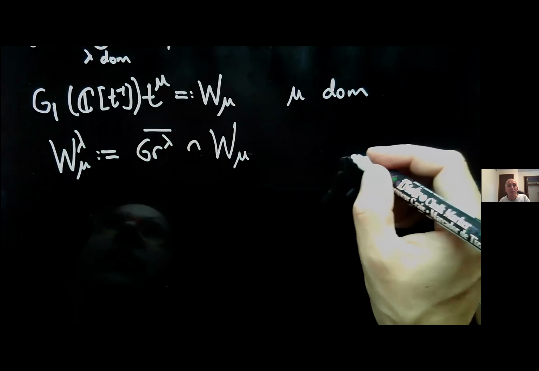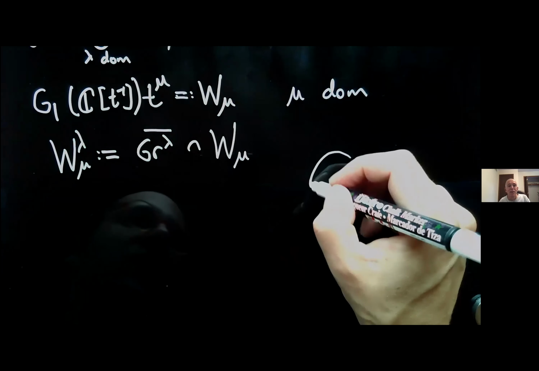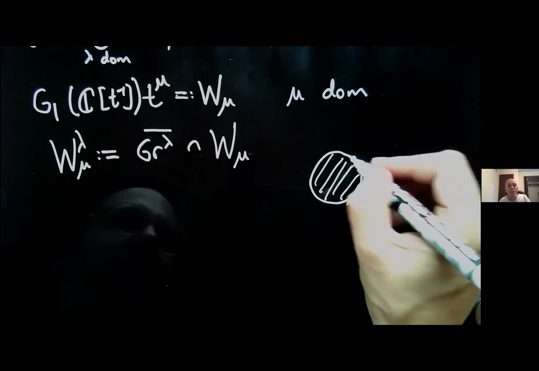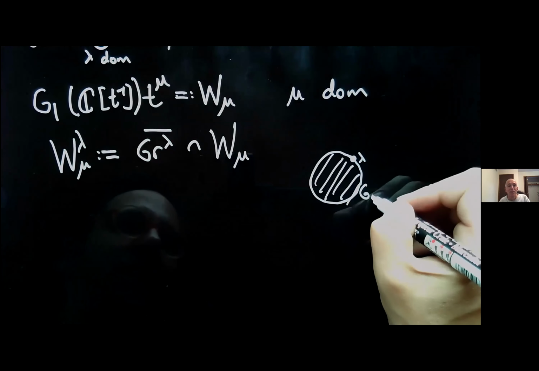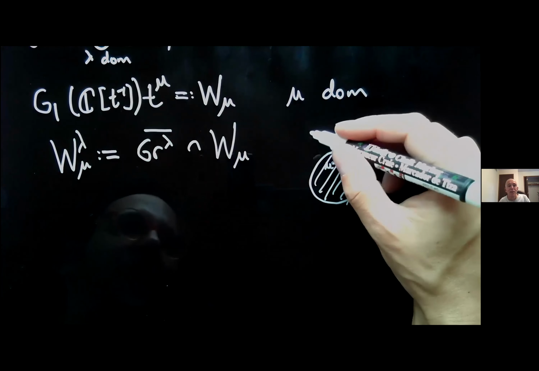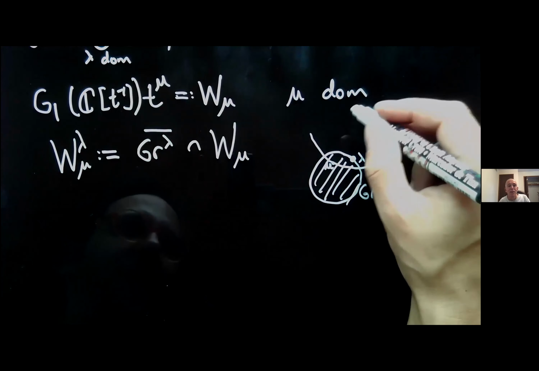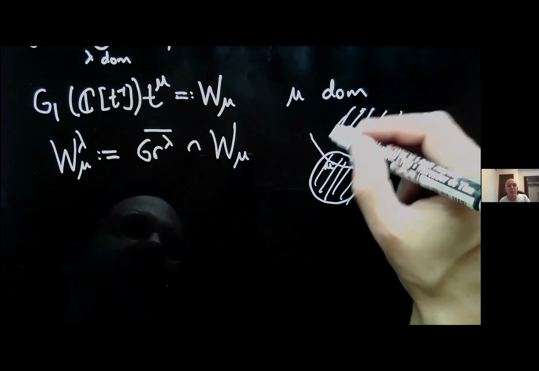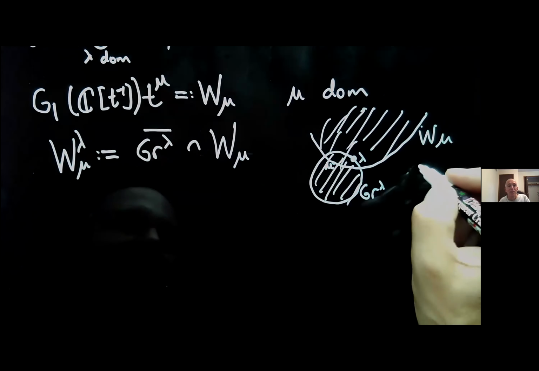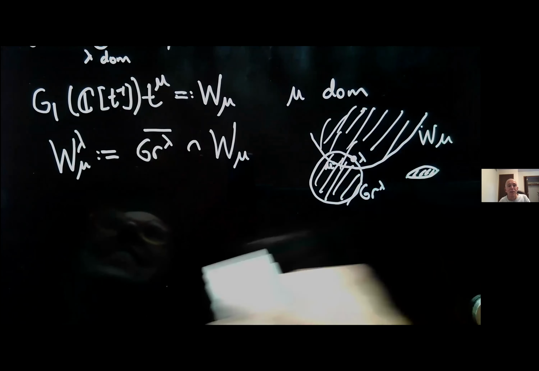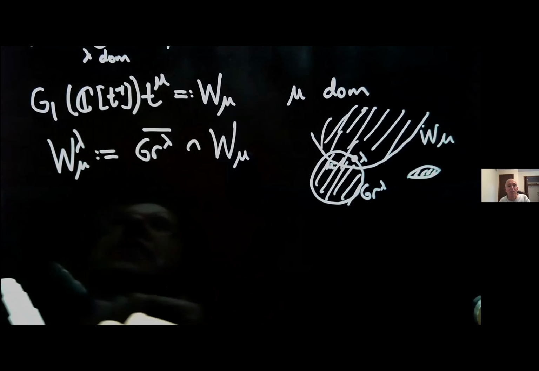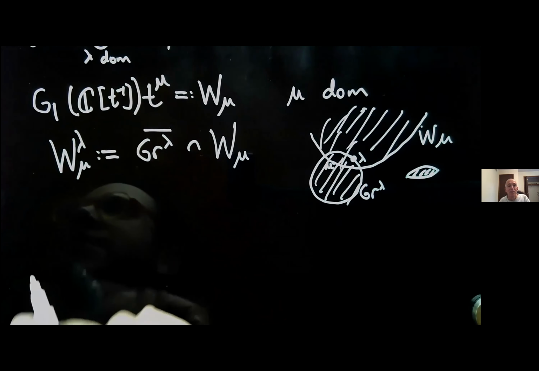You can kind of picture these affine Grassmannian orbits, these Gr lambdas. Here's maybe Gr lambda, a kind of sphere or something, and then maybe here I have a point mu, and on the outside here, like this will be W mu. And so this intersection is like the stuff trapped in between. Kind of funny cartoon. Okay, so that's the definition of this W lambda mu. This is what we would call an affine Grassmannian slice.